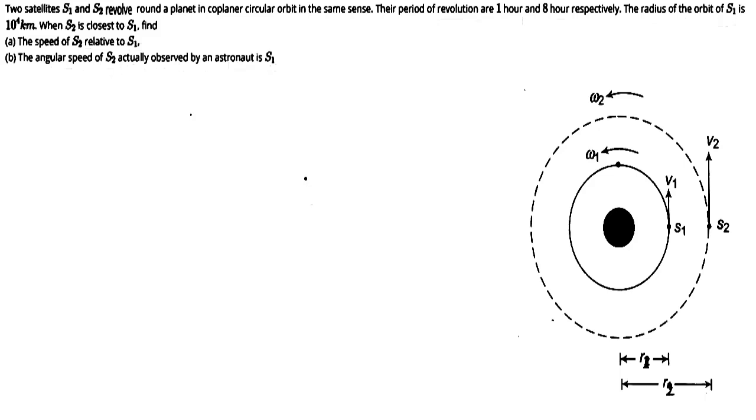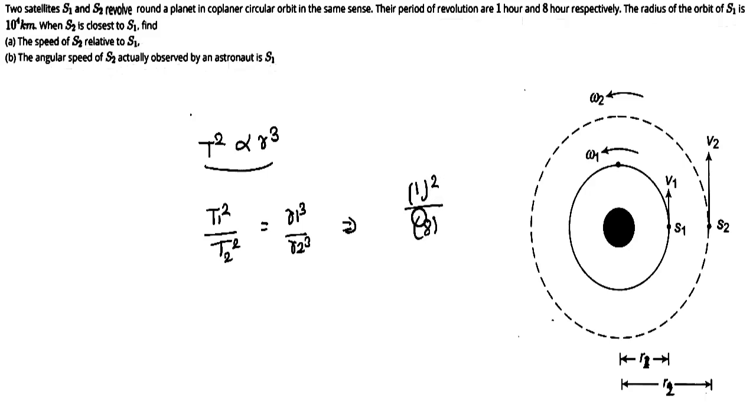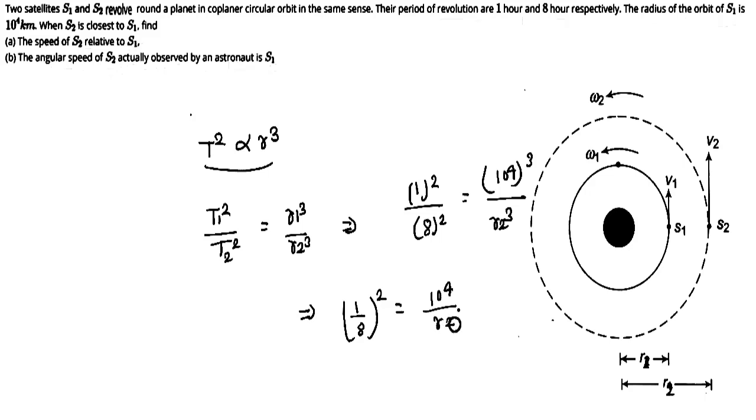तो सबसे पहले हम R2 फाइंड कर लेते हैं, क्योंकि R2 मालूम नहीं है। टाइम पीरियड हमको दिया हुआ है तो हमको पता है कि केपलर्स थर्ड लॉ से T स्क्वायर डायरेक्टली प्रोपोर्शनल टू रेडियस का क्यूब होता है। तो T1 का स्क्वायर डिवाइडेड बाई T2 का स्क्वायर इक्वल टू R1 का क्यूब डिवाइडेड बाई R2 का क्यूब। T1 दिया हुआ है 1, तो 1 का स्क्वायर डिवाइडेड बाई 8 का स्क्वायर इक्वल टू 10 के पावर 4 किलोमीटर का क्यूब डिवाइडेड बाई R2 का क्यूब। तो 1/8 का स्क्वायर इक्वल टू 10 के पावर 4 डिवाइडेड बाई R2 का क्यूब। यहाँ से 10 के पावर 4 डिवाइडेड बाई R2 कितना हो जाएगा, 1/2।